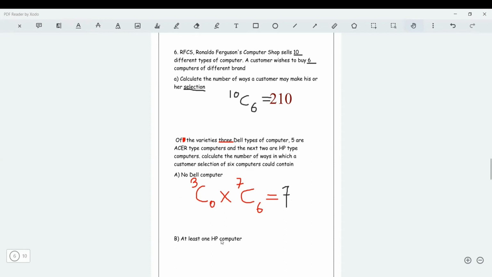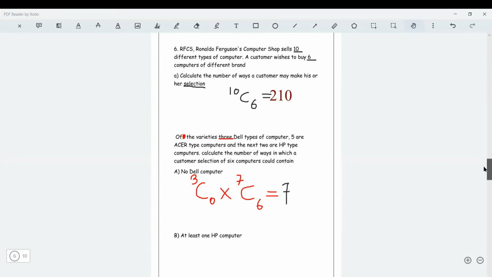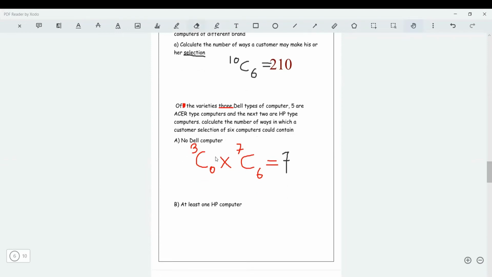Now it says at least 1 HP is chosen. To find out the number of ways of choosing at least 1 HP, that means the customer can buy what? If you choose 1 HP, how many HP are there? 2. The customer can either choose 1 HP from the 2